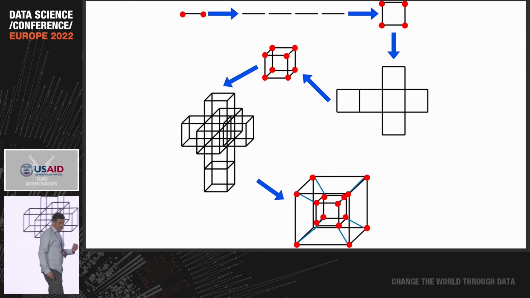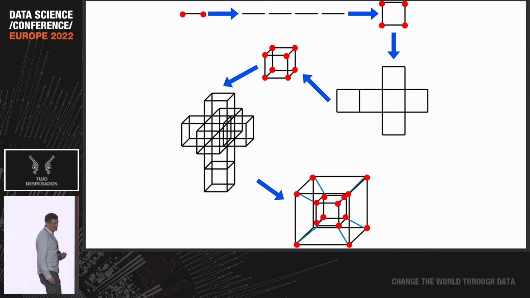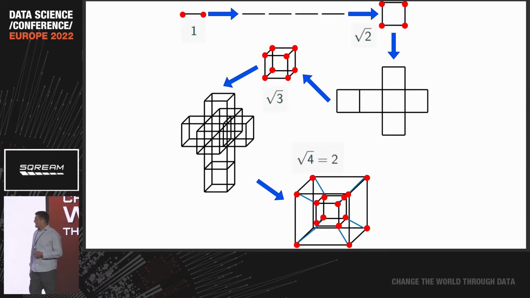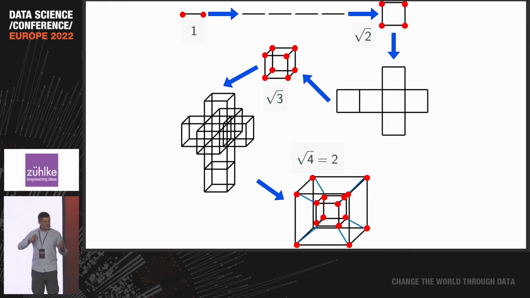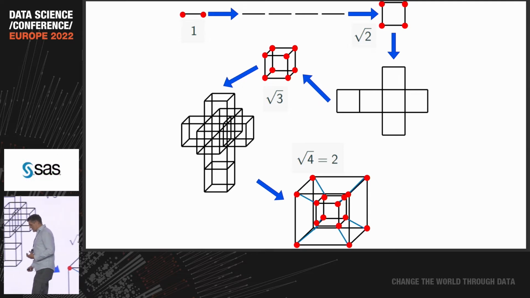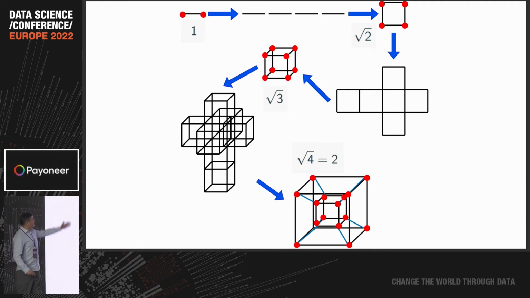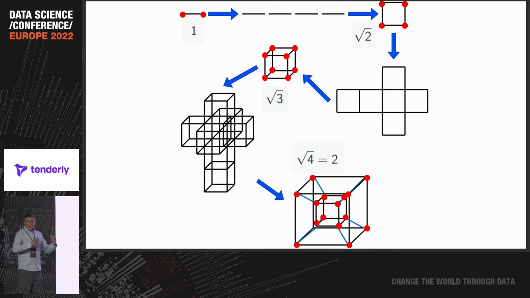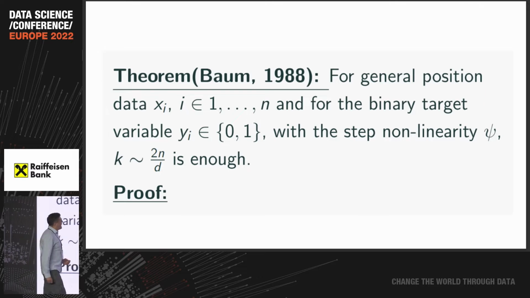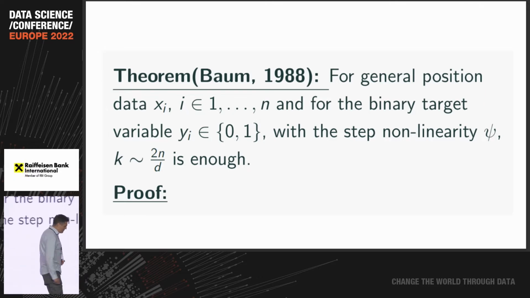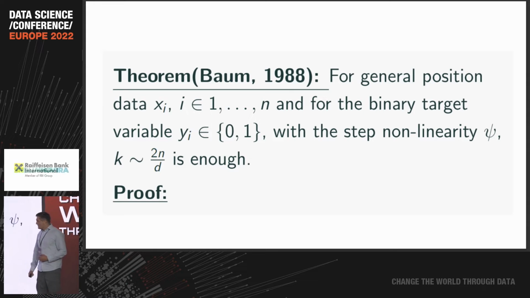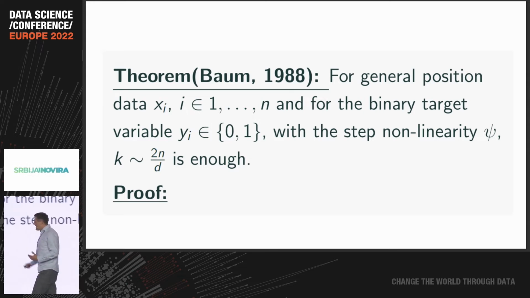This means that if there are 2 points in one-dimensional space, they're separated by an inch. If there are 2 points in two-dimensional space, they're separated on average by the diagonal, which is square root of 2. In 3 dimensions, square root of 3. In 4 dimensions, square root of 4, or 2. Twice the length of that in one dimension. So in higher dimensional space, you are alone. And this consideration helped Baum to construct the theorem that says that 2n over d